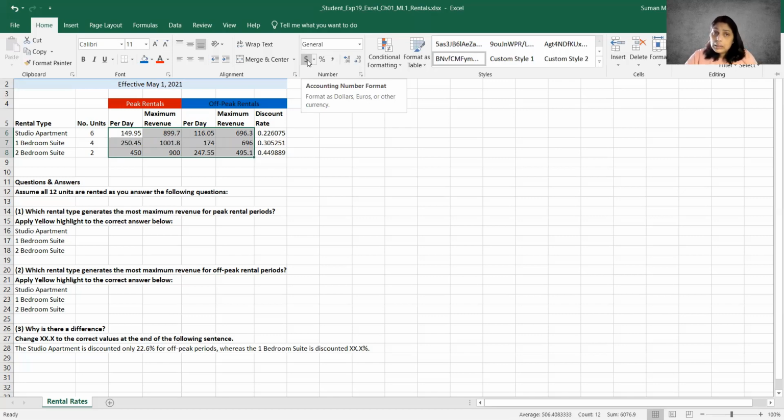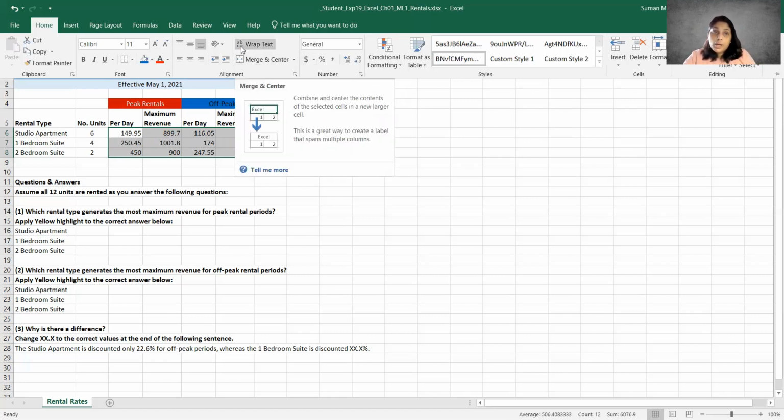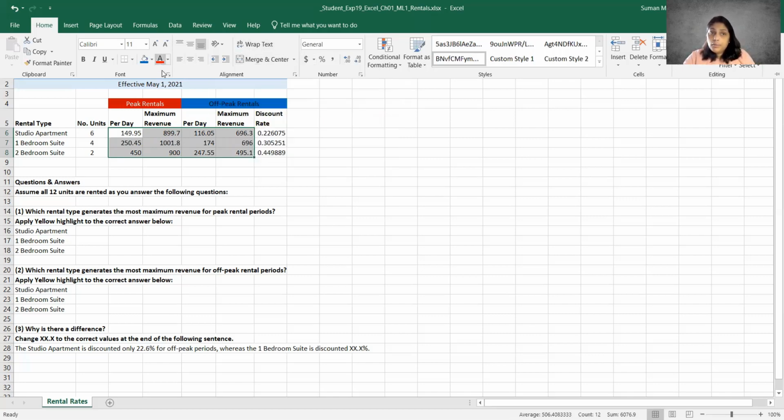If you want to left click on that dollar bill, you'll see a screen tip pop up, which is something that we have discussed in a previous video as well. These are all screen tips you see when you hover over any of these items, it tells you what they are. I can left click that. You'll see that these turn into the accounting number format.